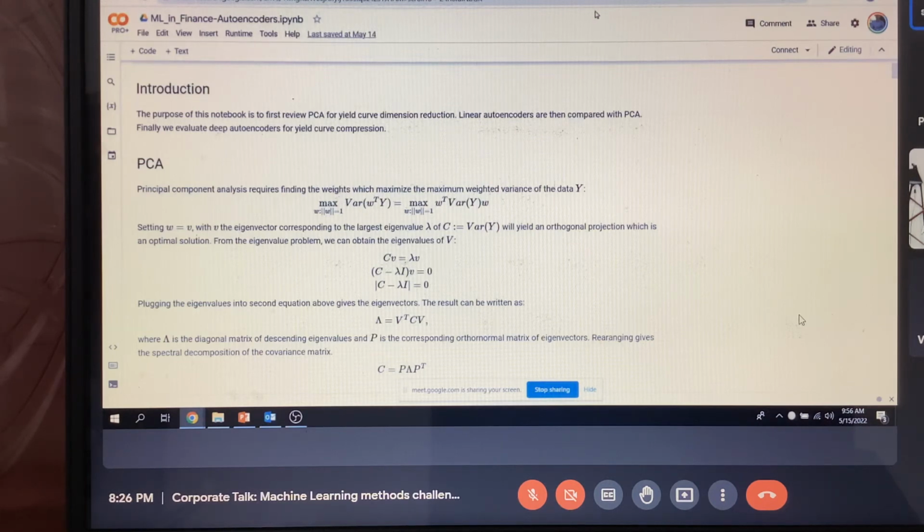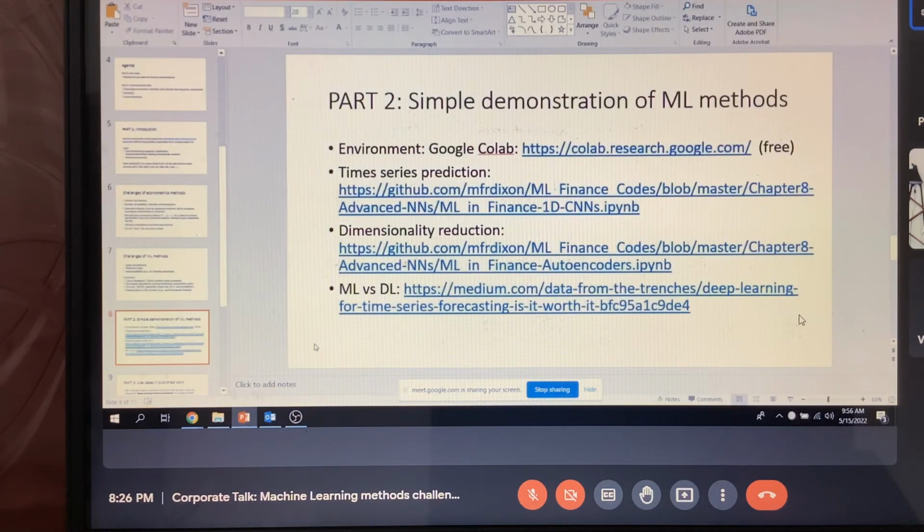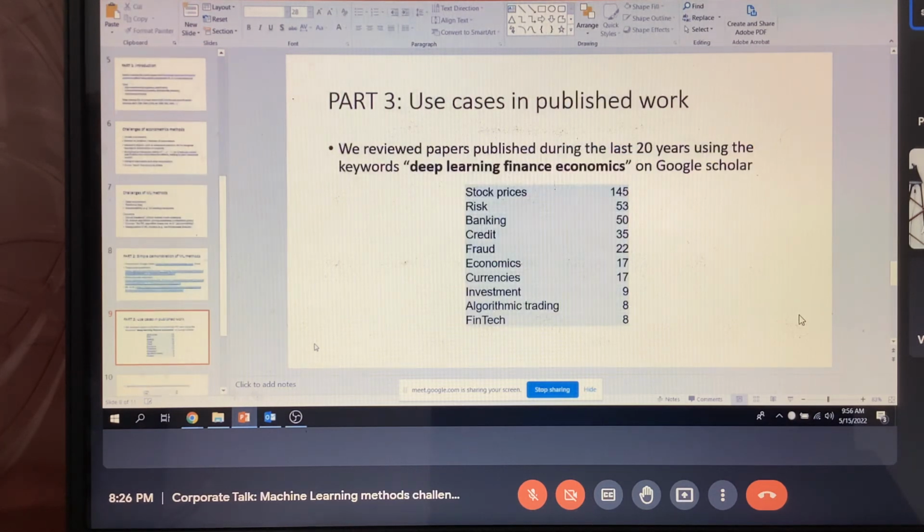The reason I quickly went to it is just to give a brief idea that in time series, when you have a prediction, you are using a supervised method. Dimensionality reduction is a non-supervised method. So that's why I showed you 2 examples, one each of supervised and non-supervised. Very elementary methods, but so that you have a broad idea about how learning happens.